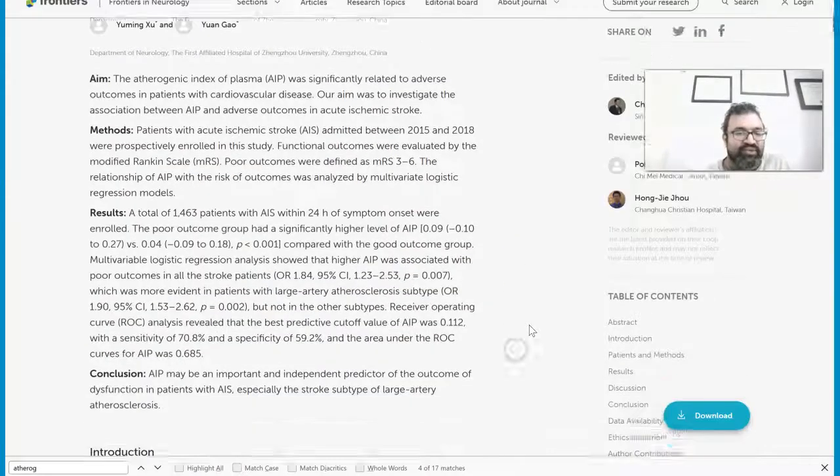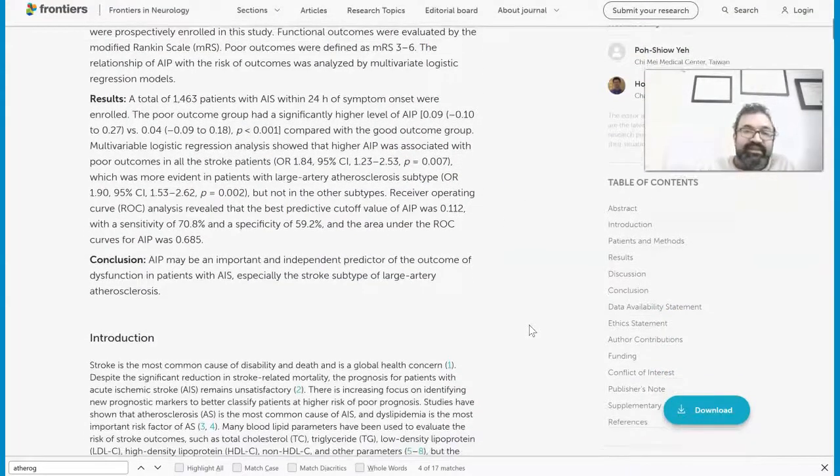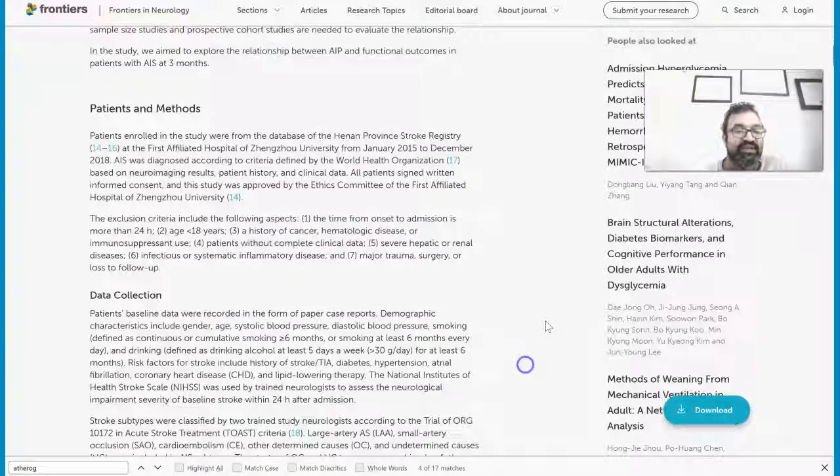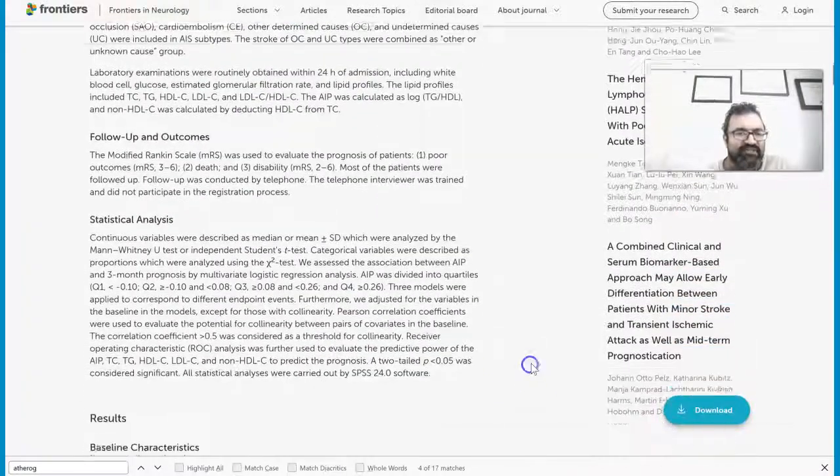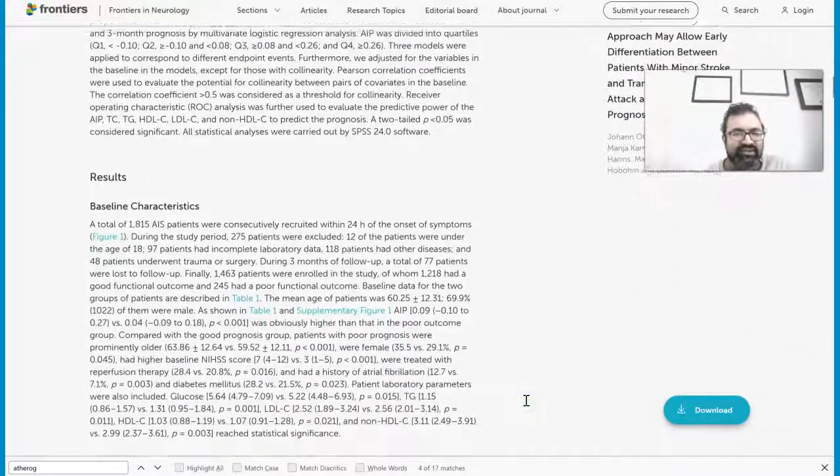So it was important to look at how this related to stroke, and functional outcomes were evaluated by the modified Rankin scale. Poor outcomes were defined as mRS 3 to 6. The relationship of AIP with the risk of outcomes was analyzed using regression. So it's part of the abstract, but what I wanted to focus on, at least in this talk, is